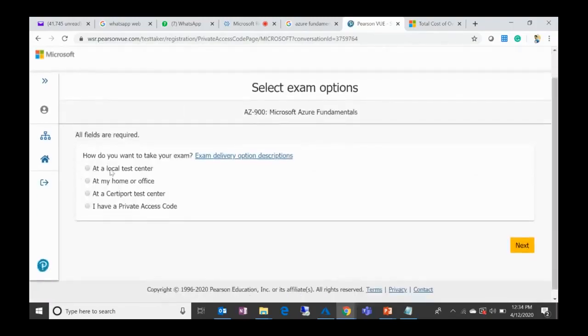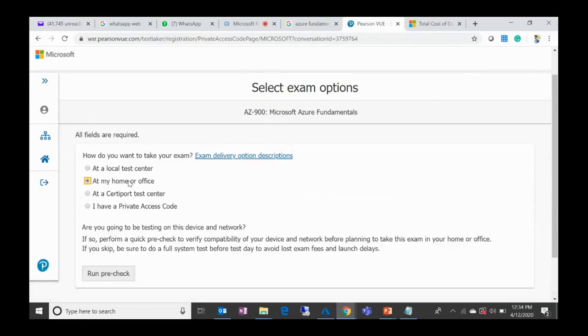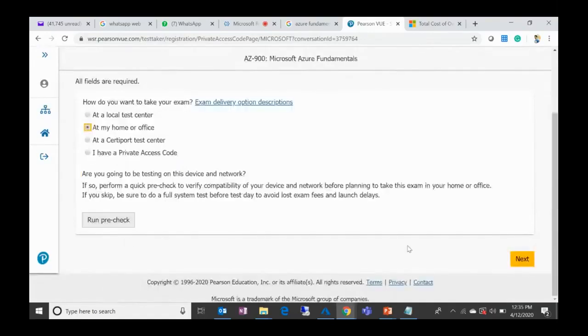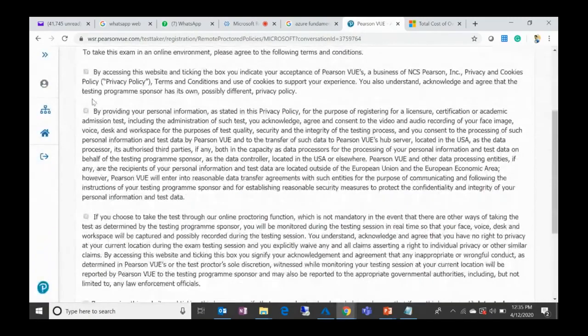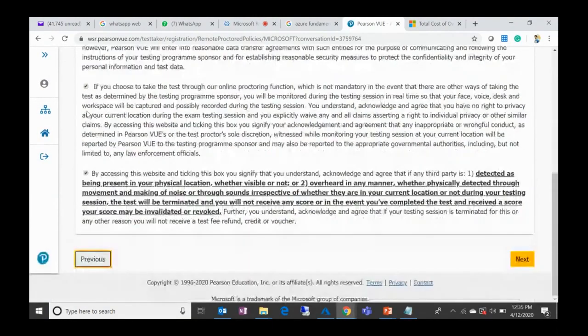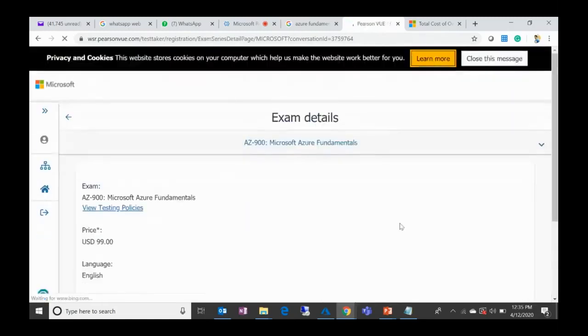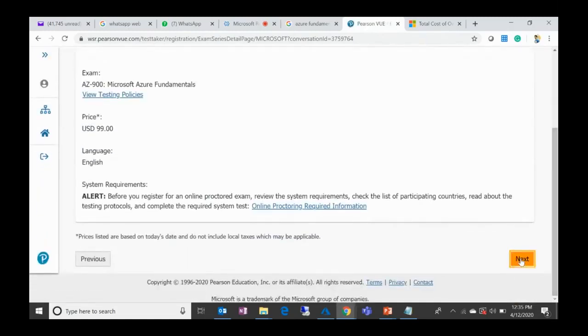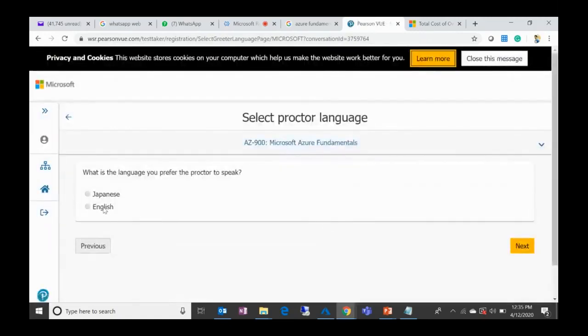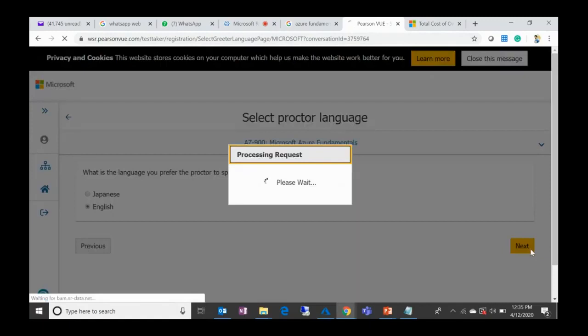in the next tab, it will ask me that do you want to give an exam at home or at a test center. So I'll say that for now I want to give it at home. It will ask you to do a pre-check, which we can do later. If I click on next, I will agree to all the policy of this exam that needs to be given at home. And then it will ask me the language. I'll click on next, and yes, I'll click on next for the pricing page,